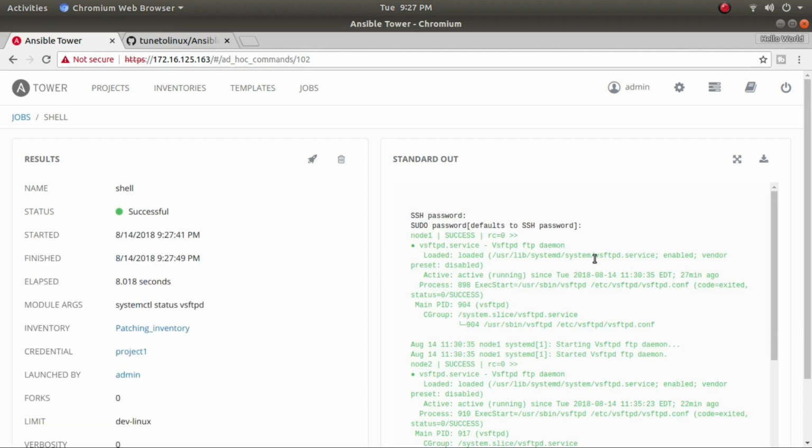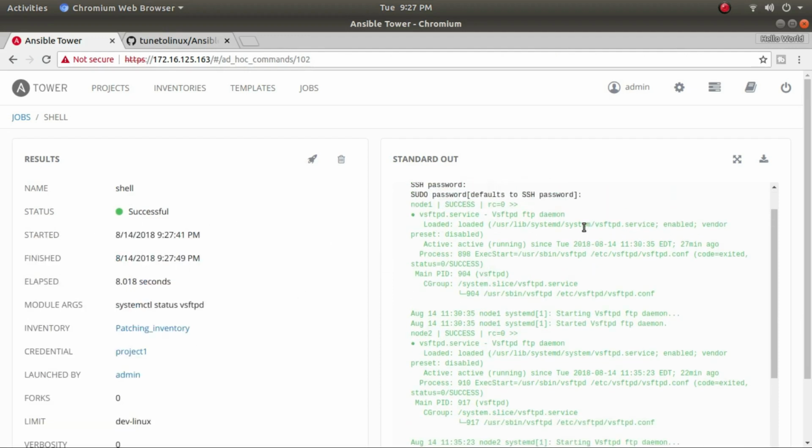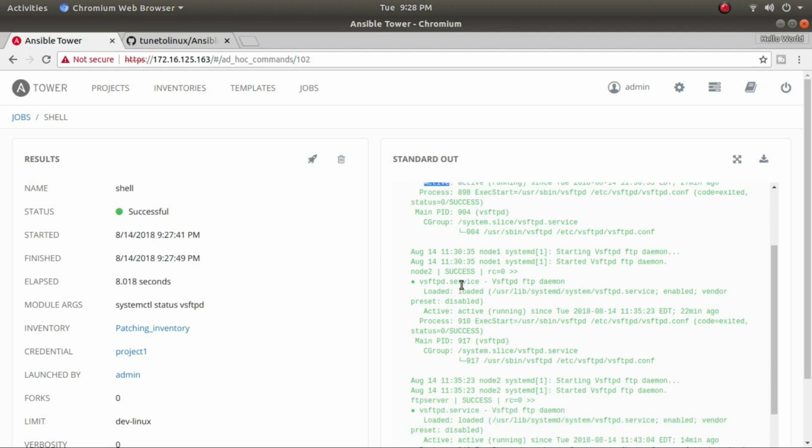And it is successful, and I am able to see on node 1 it is visible, right? It is not running. Oh, sorry, it is running. It seems success, vsftpd is active. Okay, it is running. And on second node